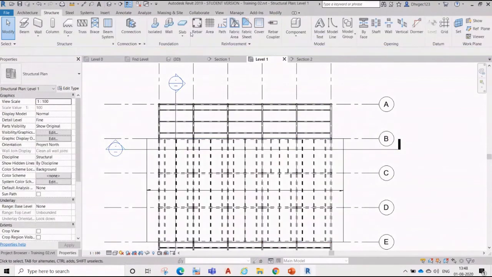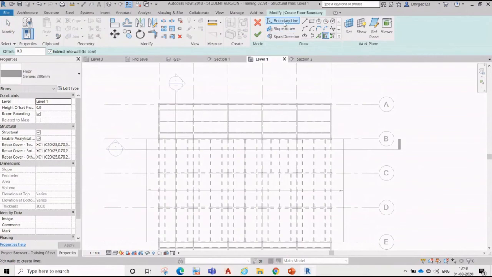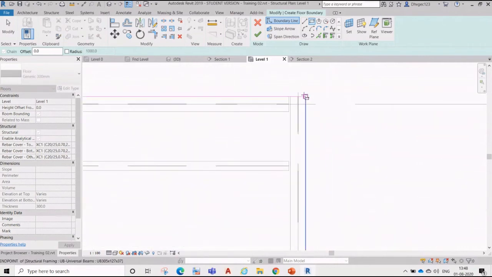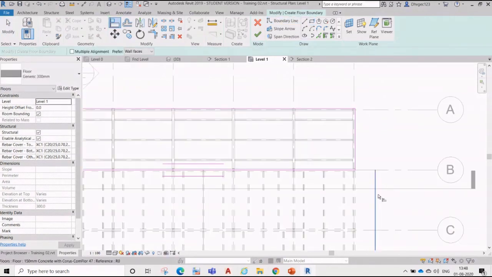Now again go back. What is this one? Align.